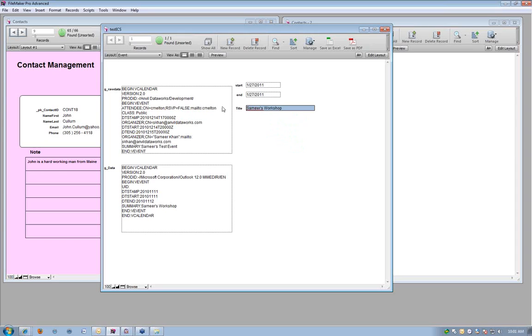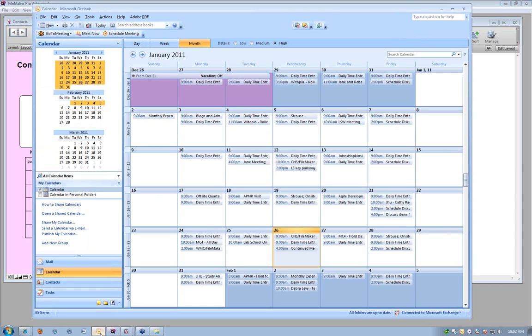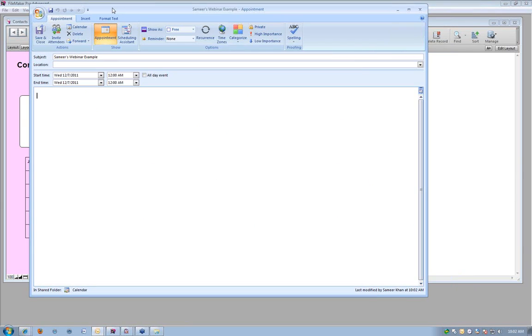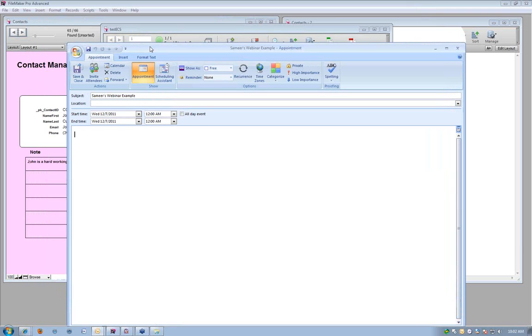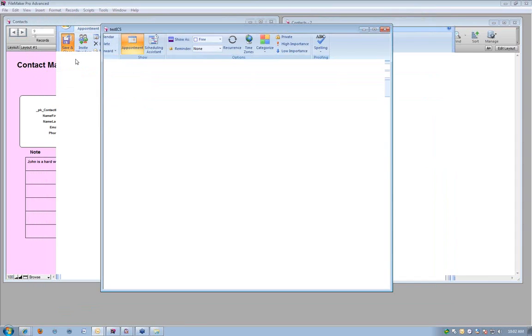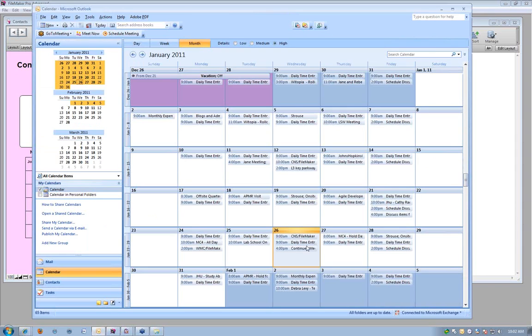And we'll call this. One thing that I might want to do is integrate my FileMaker data with something like Outlook. So I can do things with scripts like create calendar events. I can take whatever from my system, give it a start date and an end date, and save it. If I take a look at my calendar,